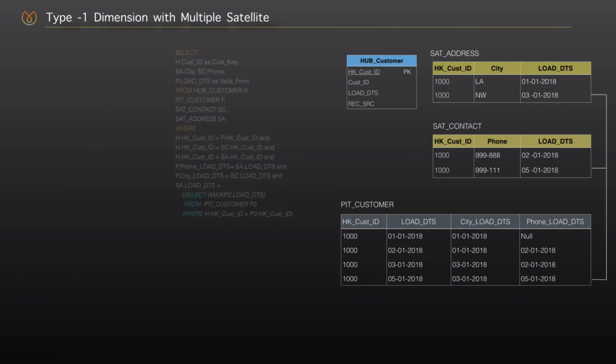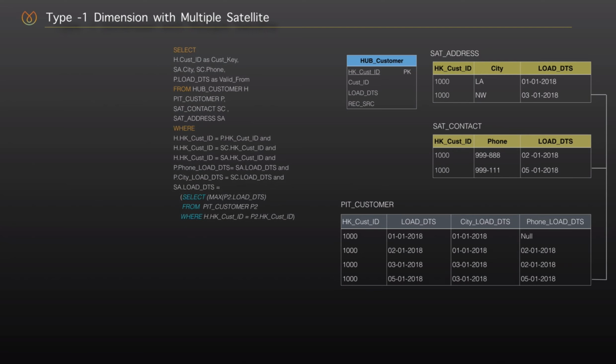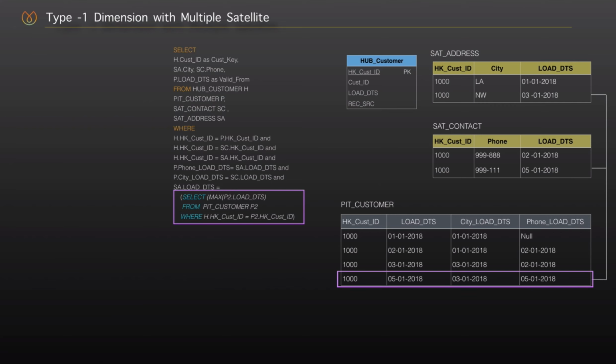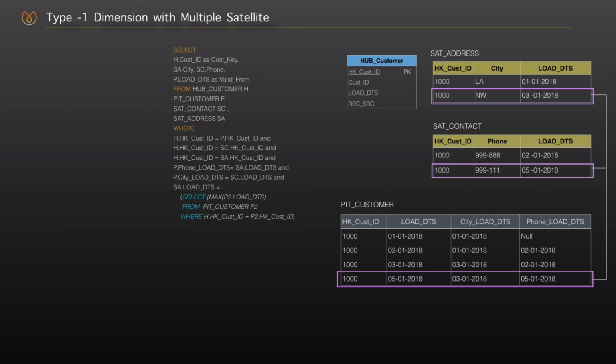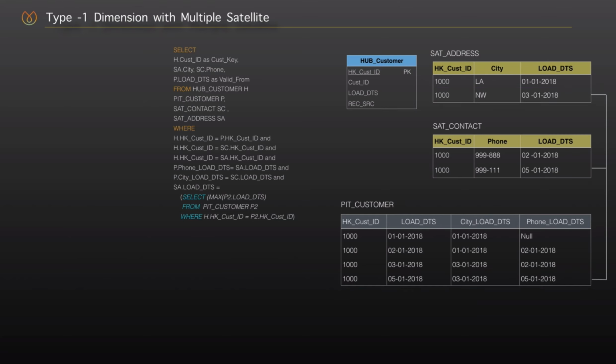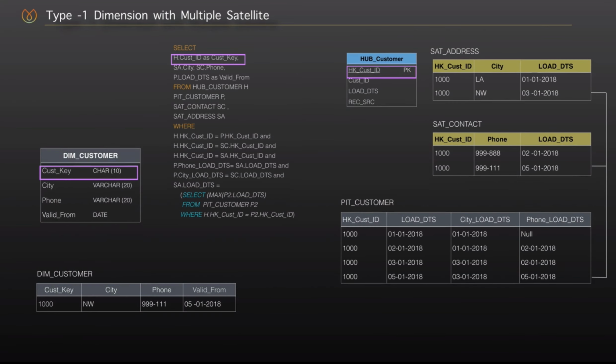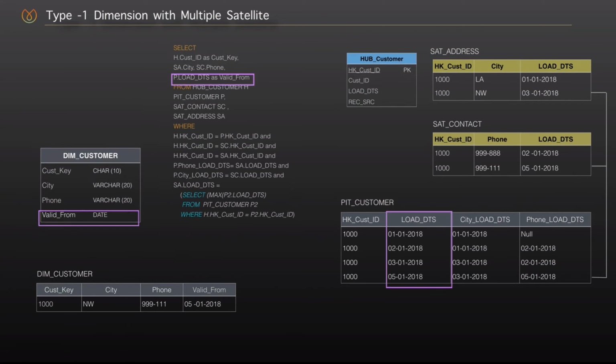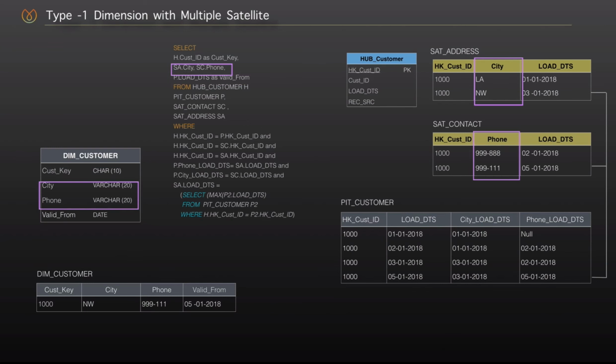Now the query is more simplified when we use the point-in-time table. We only create one subquery in order to find the latest record in the point-in-time table, and with this record we can easily join the satellite tables and get the latest version of data from them. Then we use this query in order to load the dimension table, and the hash key from the hub table is assigned as primary key, and the valid from column comes from the point-in-time table, and the rest of the attributes are added from the